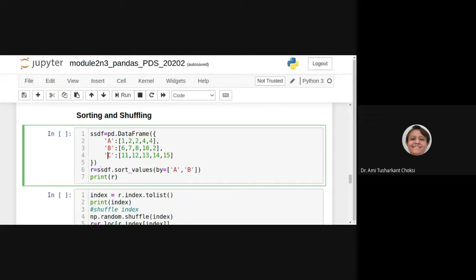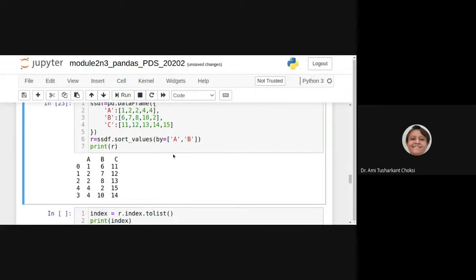Now we are doing the sorting using sort_values, by columns A and B, right? Let me run this. What does it do? For column A, we have 1, 2, 2, 4, 4. In B, we have 6, 7, 8, 10, 2, right?